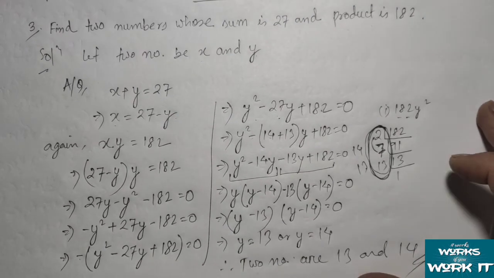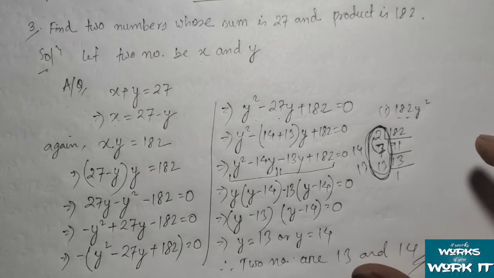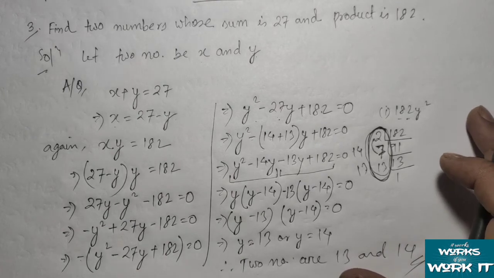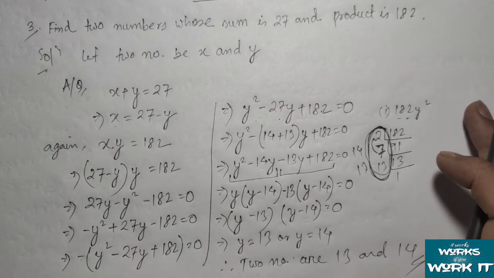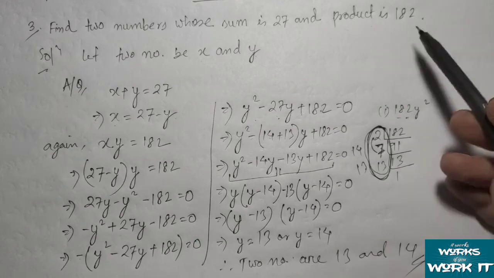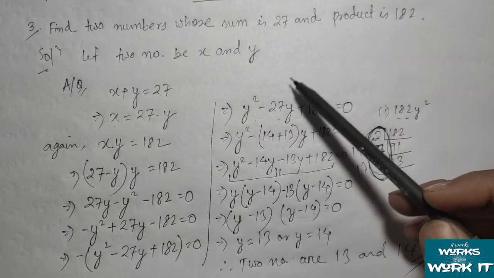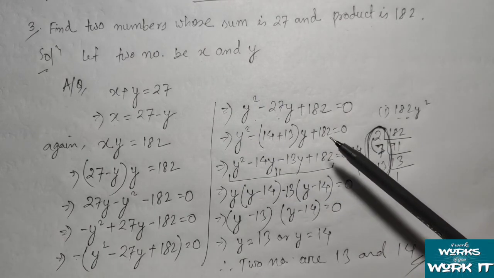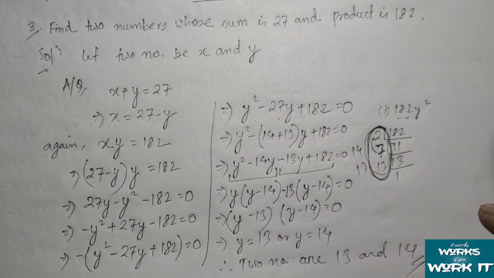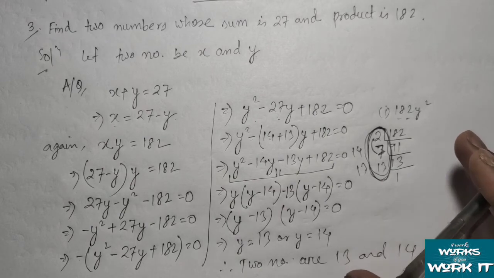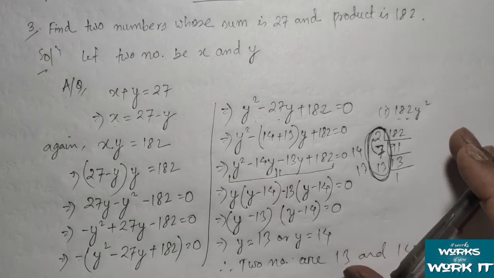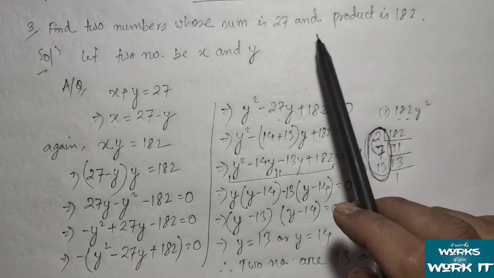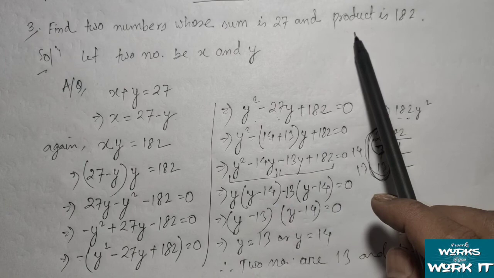I hope you have understood it nicely. Okay, the basic thing is that we are using the prime factorization method, or you can say middle term factorization, in order to solve the equations. We need to get one quadratic equation from this question, and then we need to solve the quadratic equation whatever we have got using the factorization method. Once you know the factorization method nicely, you will be able to solve any questions. Okay, the main thing is that we need to form a correct quadratic equation from the given question.